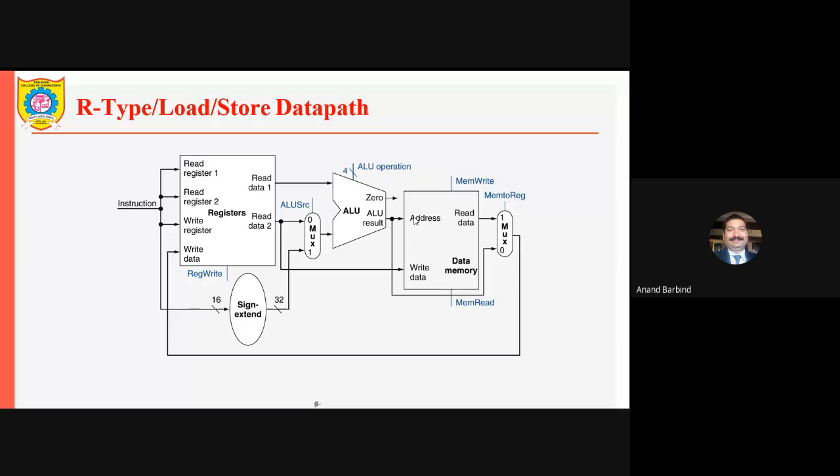Okay, then when you are writing data to the memory, the contents of the second register are read. So they are given to the data memory so that they can be written into the data memory. Okay. The other way is that